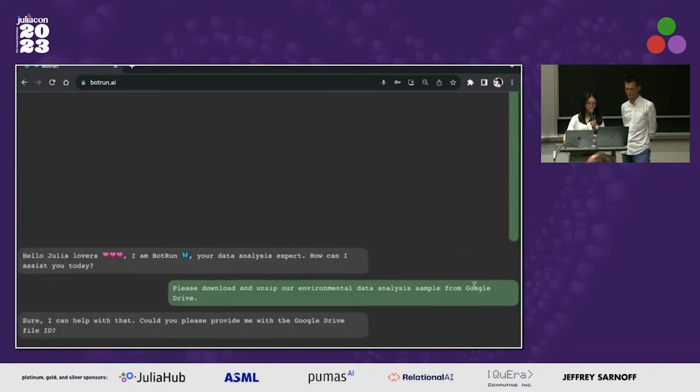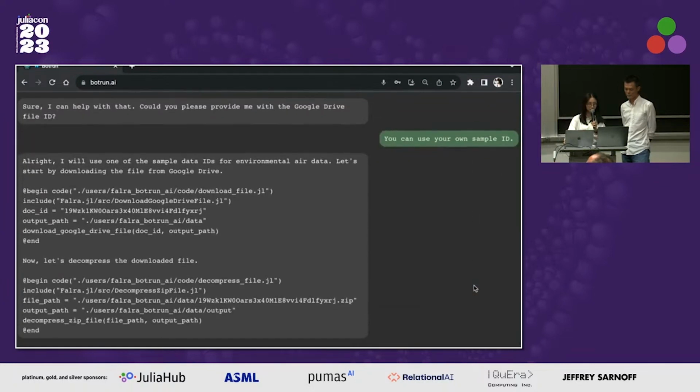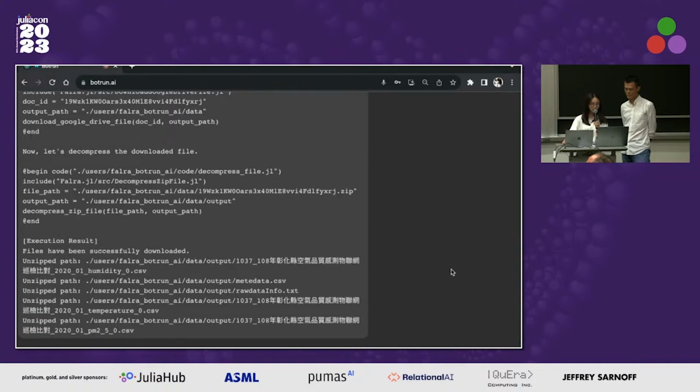You can use your own sample data for me. She's using her default sample data and dynamically writes a Julia program to download a zip file from Google Drive. Then she writes another program to unzip it.